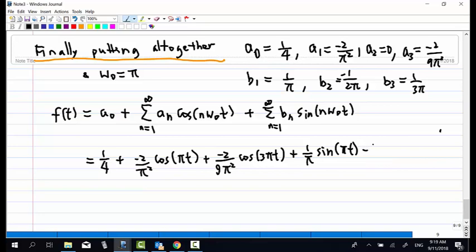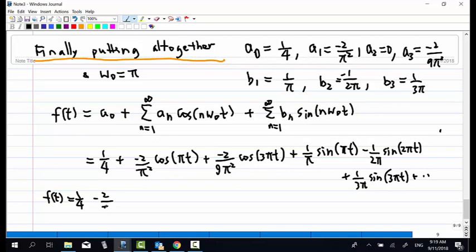Then b2 is minus 1 over 2 pi sine 2 pi t now, and n is 2. And then finally b3 is 1 over 3 pi sine 3 omega 0 t, which is pi t, and so on. So this is how you get the terms. You can simplify it and say that f(t) is equal to 1/4, minus 2 over pi squared cosine pi t, and then minus 2 over 9 pi squared cosine 3 pi t,